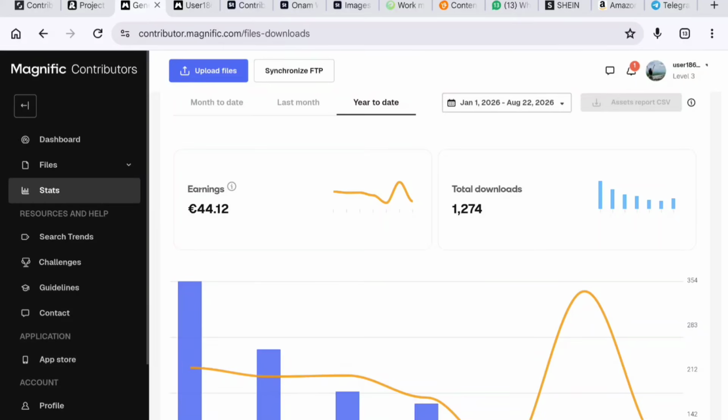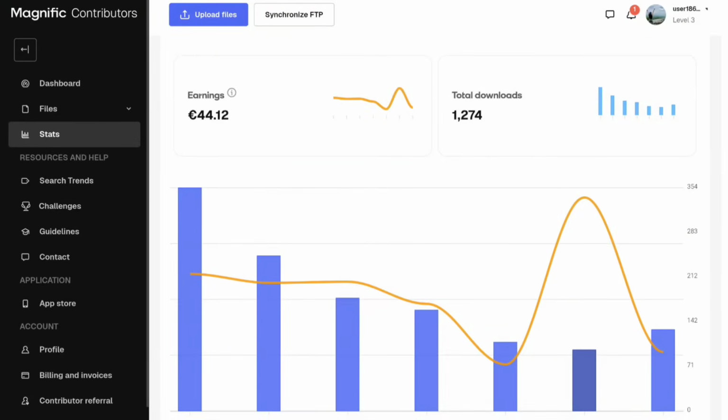It depends on factors like how much content you have uploaded, how much of your content gets approved and downloaded or used, and your overall performance on the platform. So don't look at these numbers as a guaranteed income figure. As I've already told you, you can see 109 images downloaded, but I got 2.5 euros. So income is not fixed at all, and your income might be different from mine.